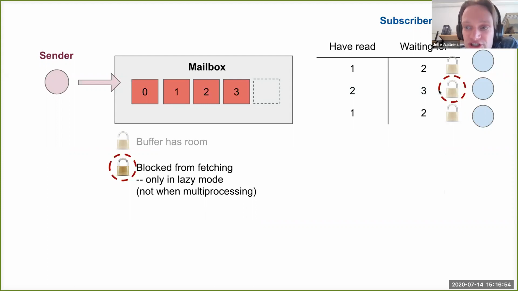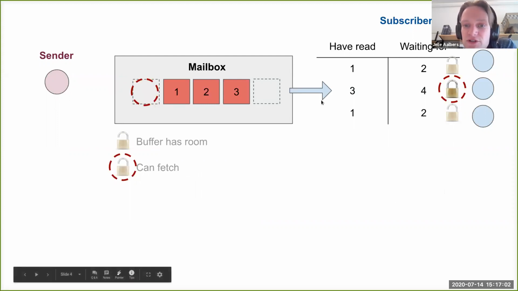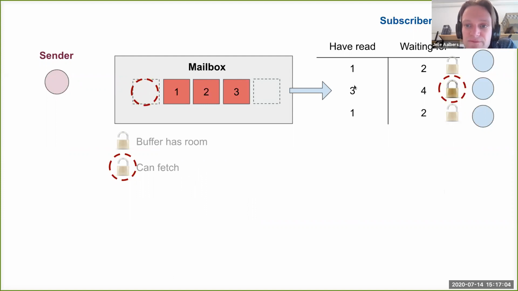So let's suppose it is actually this thread that starts to move messages from the mailbox. Let's see what happens. It will read message number 3 and update its values here. Now I've read message 3 and I'm waiting for message 4. It won't immediately compute everything possible for that. That is part of what this thread does, but at this stage, all we're doing is just grabbing the message